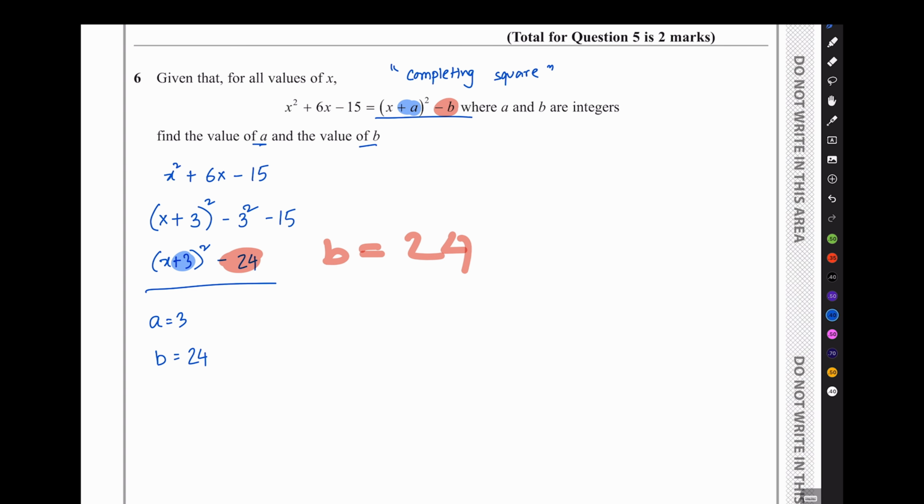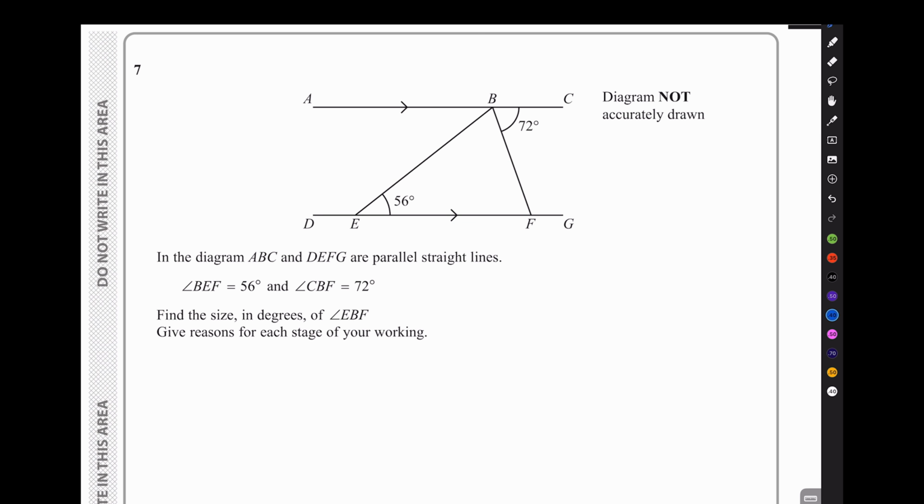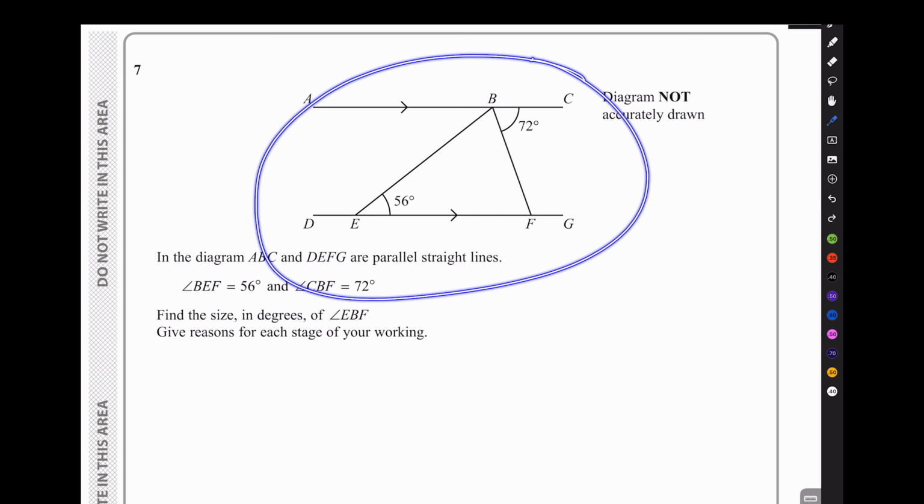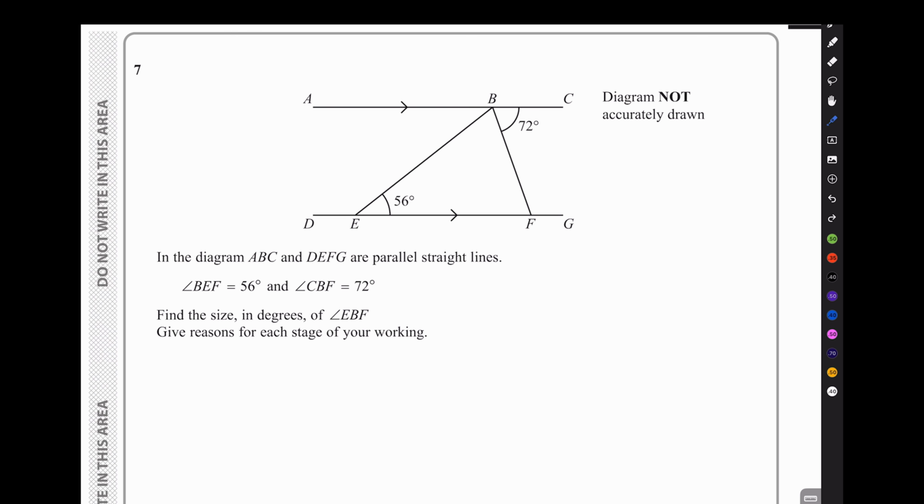So moving on. Okay, again, I'm not reading this part right now. The moment I see diagrams like this, I try to find any angle that I can, right after just looking at the diagram. So first of all, if this angle is 56 degrees, then this is also 56,